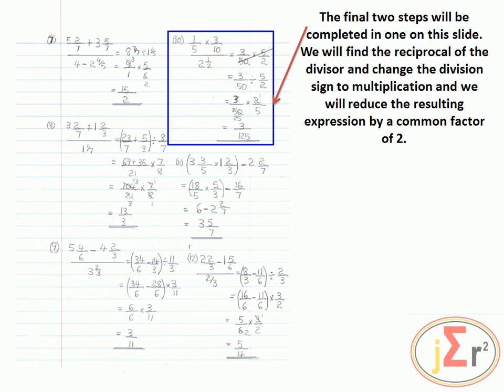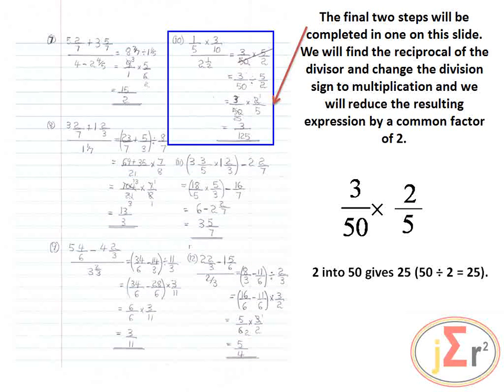We will find the reciprocal of the divisor and change the division sign to multiplication. That is only one step. Doing the reciprocal and changing the division sign to multiplication, that is one step, or one thing. And the next thing we will do is reduce the resulting expression by a common factor of 2. So we are saying, reciprocate and change the sign, that's one thing, and then we will reduce by a common factor of 2 by